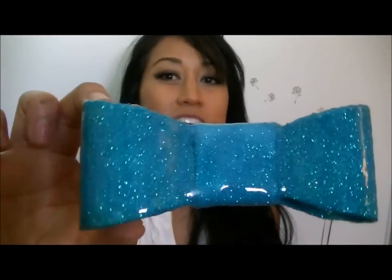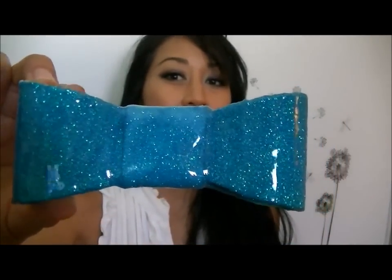LuckyYogi bow is this. Here's my helmet bow. And I usually have a gold visor on, but because of filming purposes I put a clear visor on this one. And for this video I'm going to replace the first generation LuckyYogi bow with the second generation LuckyYogi bow. Two of my favorite colors are lime green and turquoise, so I made this bow, which is the second generation design. It's really glittery,